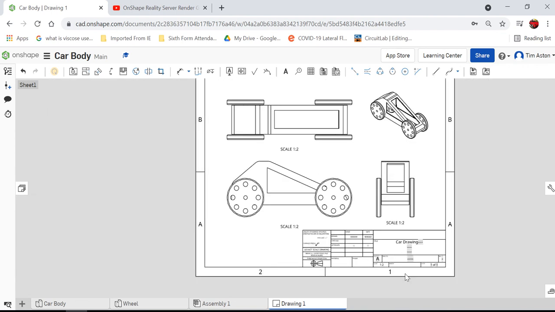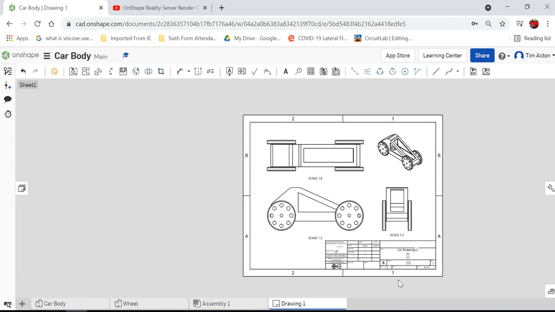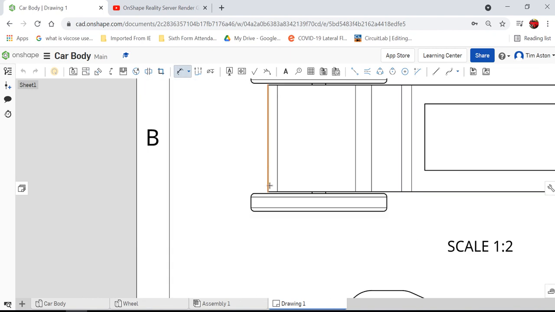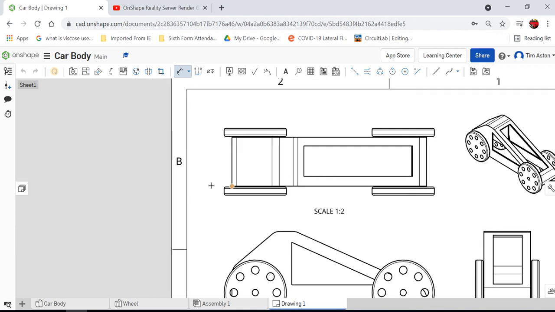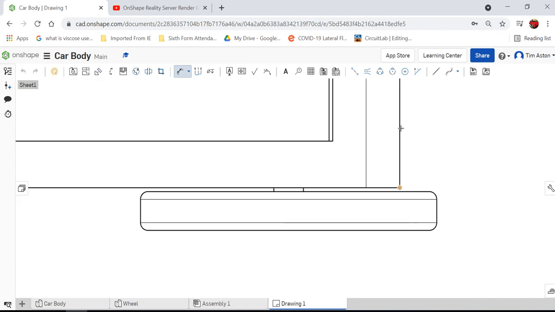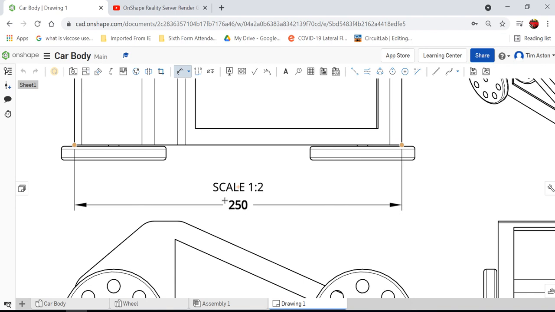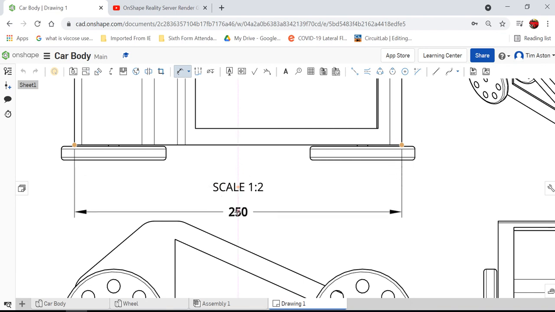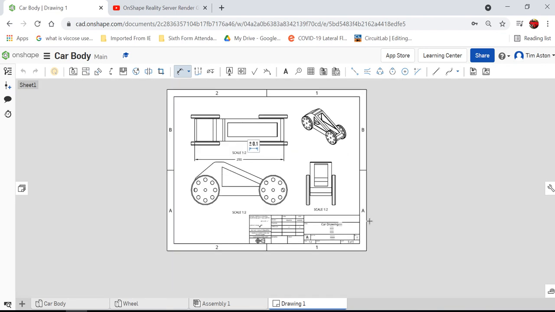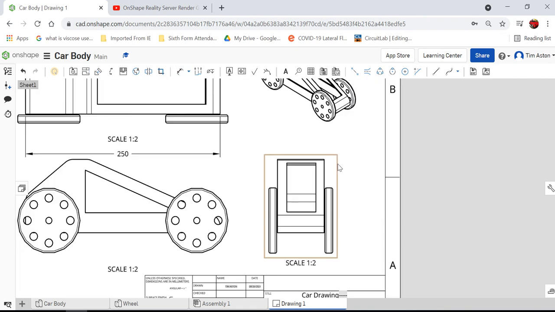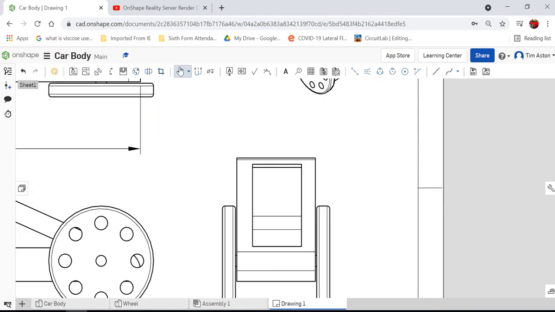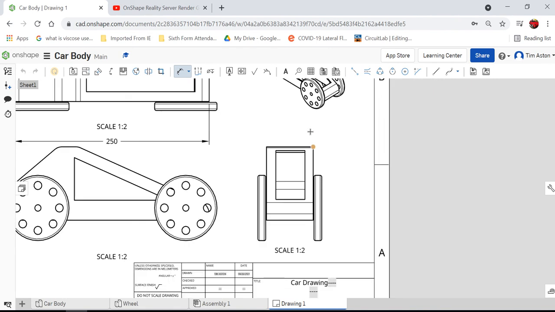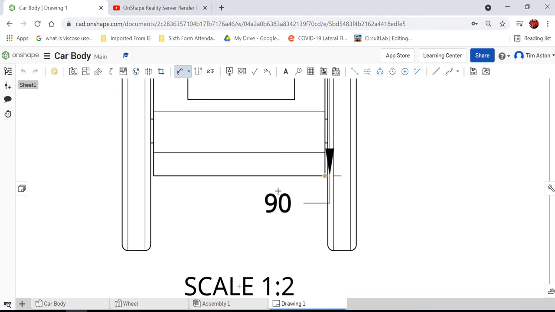And we want to put some sizes in here, which in D&T are known as dimensions. So go to this dimension tool here, and we want to show how big it is. So for example, I can show how long the car is. So I can just select that endpoint there to that endpoint there, and bring a dimension down, and it's showing that it's 250 millimeters long. We might want to show the height of the car, not the height of the car body, so I'm going to just select my dimension tool, select the endpoint at the top there to the endpoint there, and it's showing